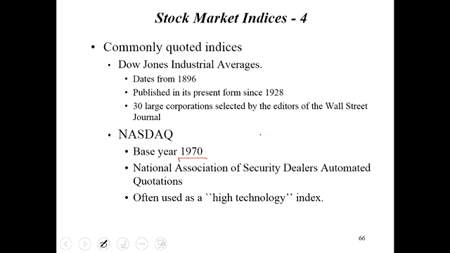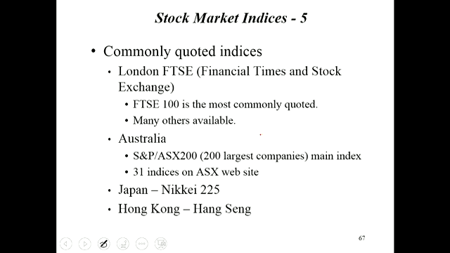Dow Jones is one of the older ones. This one here, the FTSE 100, is the most common one quoted over there. But you think in Australia, there's your main one. That's the one you normally hear quoted in the stock market report, the ASX 200. But if you go to their website, there's 31 indices in total, covering all sorts of sectors